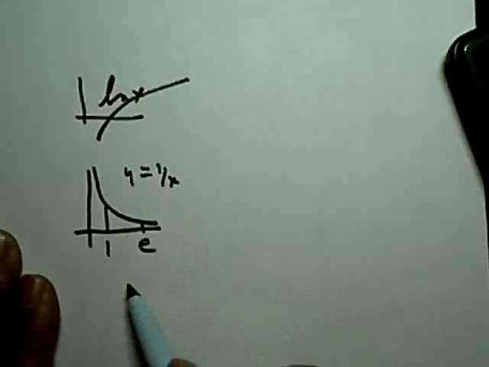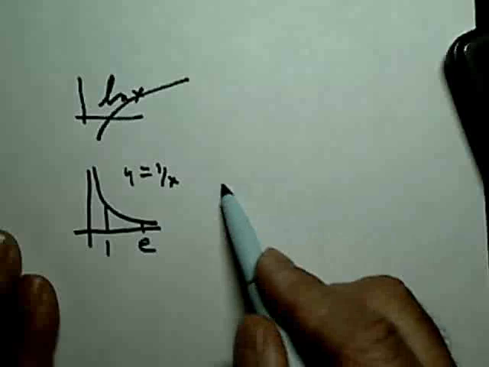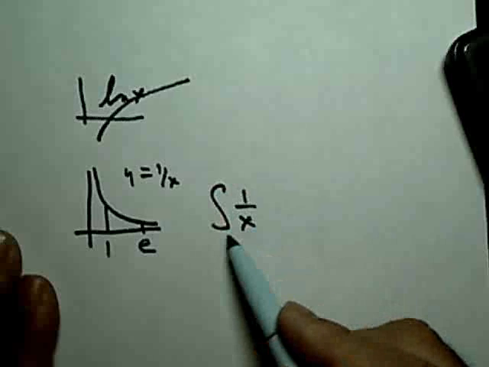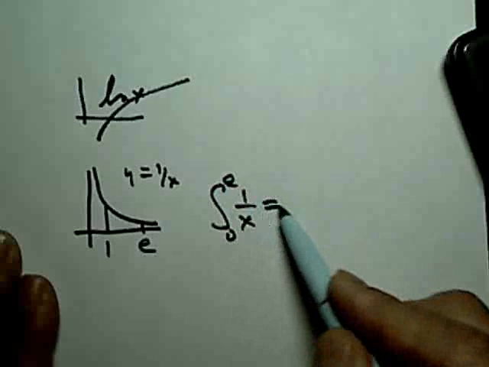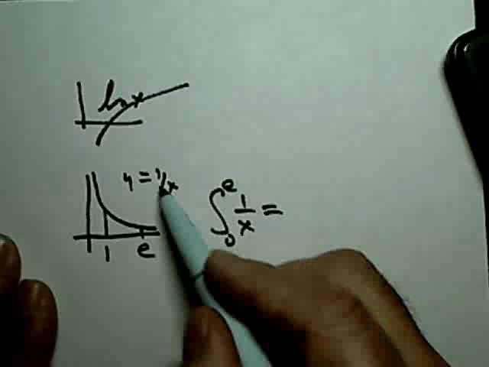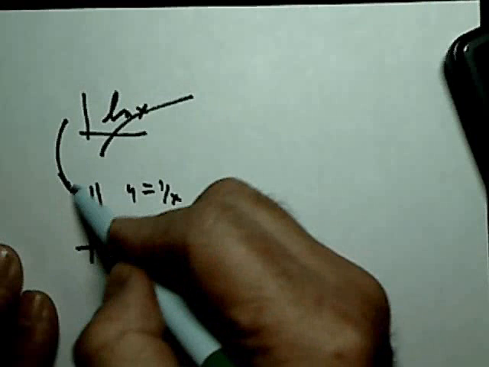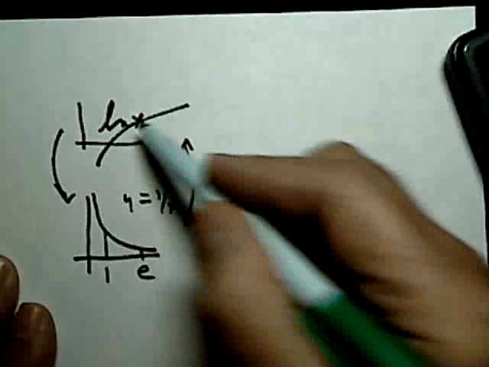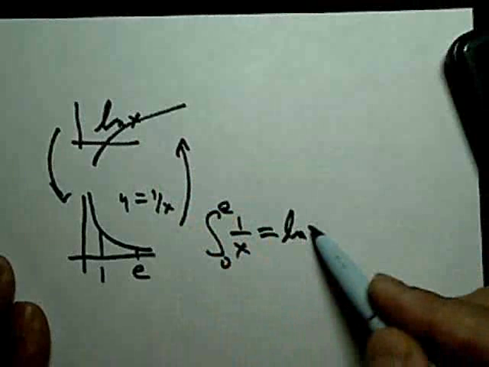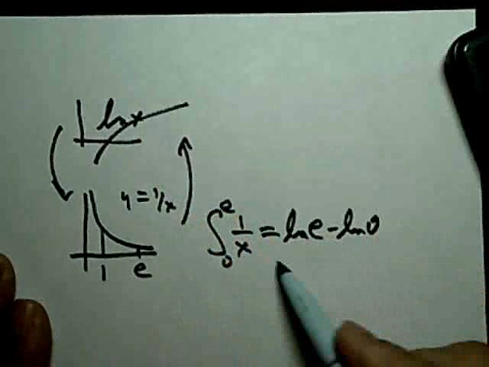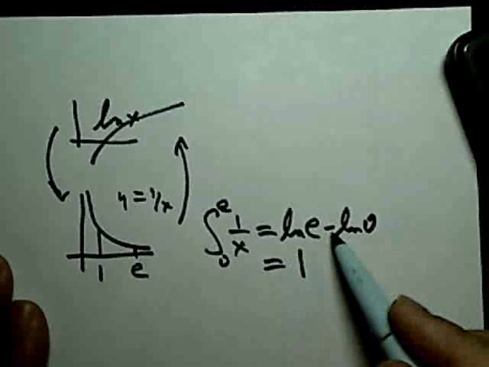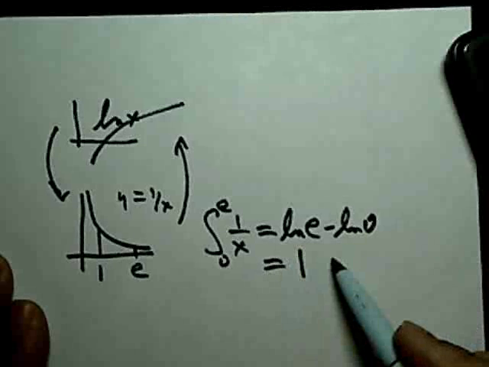And I want to know the area under this curve, 1 over x. Well, we know that the antiderivative of 1 over x is the natural log of x. So this is the natural log of e minus the natural log of